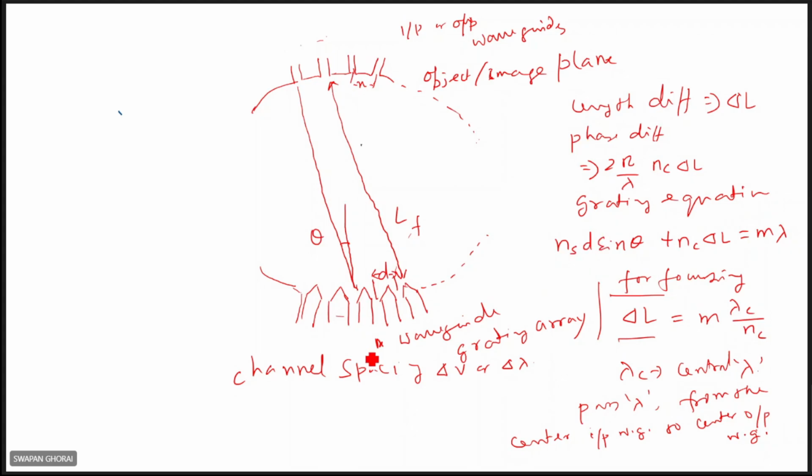These will determine the channel spacing. Channel spacing is delta lambda or delta nu, right? And the path difference between these two for a particular Mach-Zehnder will also select particular wavelengths. So that is delta L.